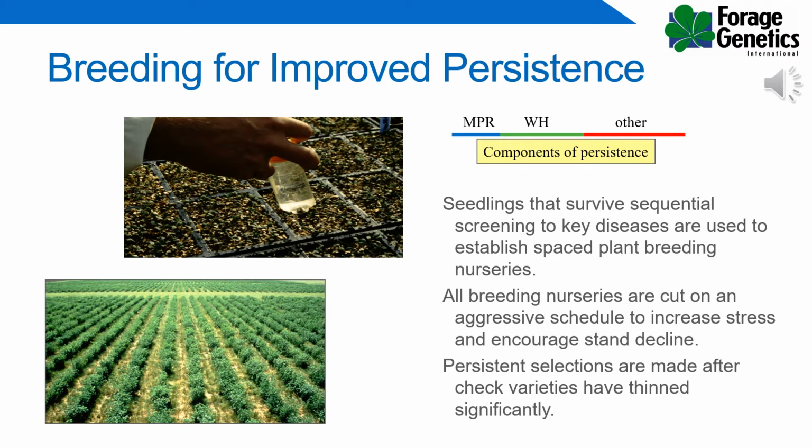Persistence is a catch-all term which incorporates a plant's ability to survive both biotic and abiotic stress in subsequent years. To ensure persistence, plants are grown in a variety of environmental conditions to improve abiotic factors such as cold tolerance. Additionally, plants are often selected from disease screens in nurseries to build pest resistance. Finally,